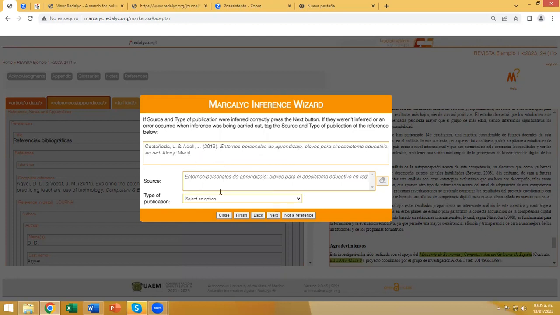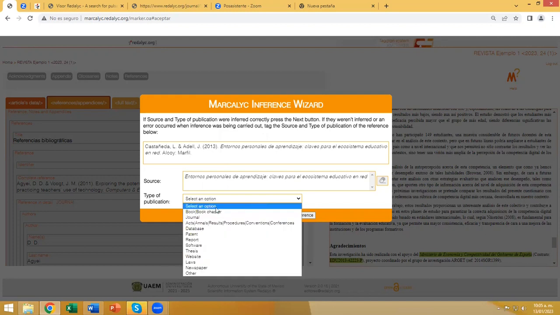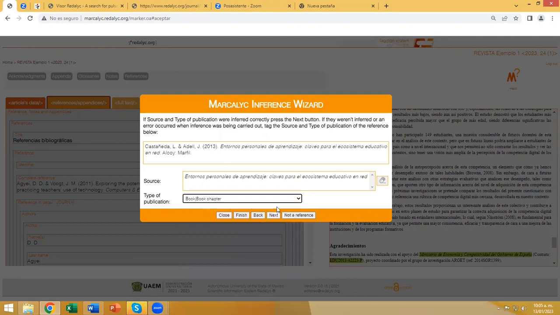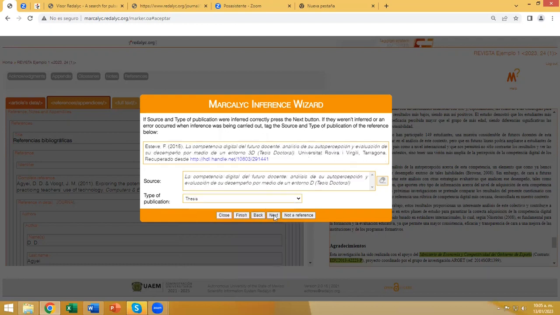Once more, this is a book. So we click here and we go to the next reference. Complete reference, source, and type of publication. This is another book. We go to the next one. This is the complete reference, the source, and as you can see here, it is a thesis. So it is all correct. Next,